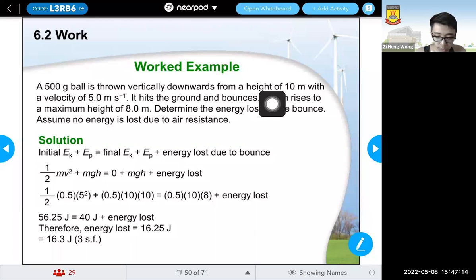Okay, and then it bounced from a height of 10 meters with a velocity of 5 meters per second. So it hits the ground and bounces, then it rises to a maximum height of 8 meters. Determine the energy loss at the bounce. So in this case, if you want to draw out the example,